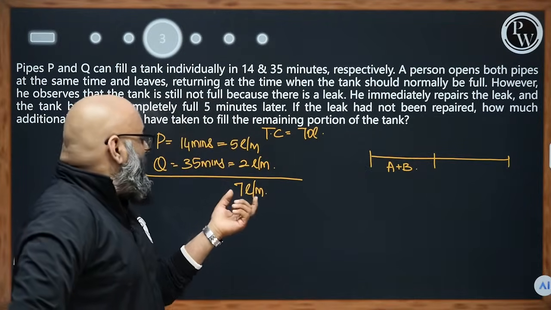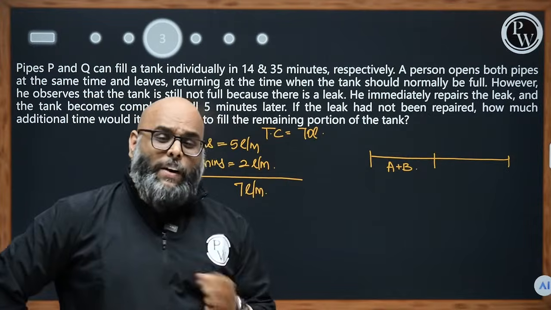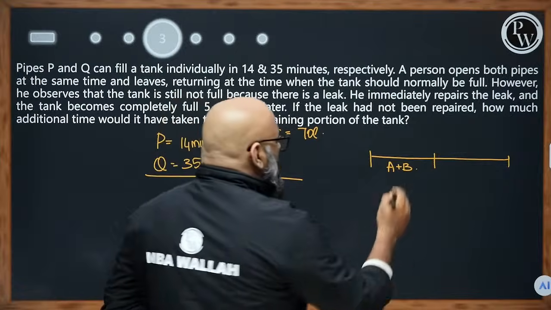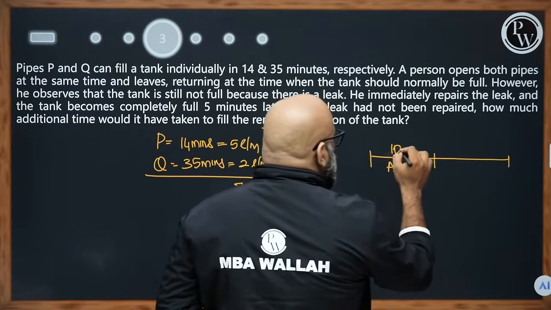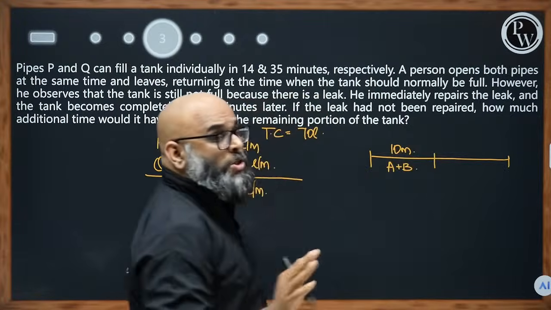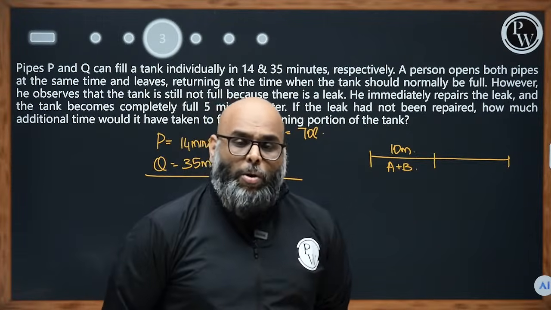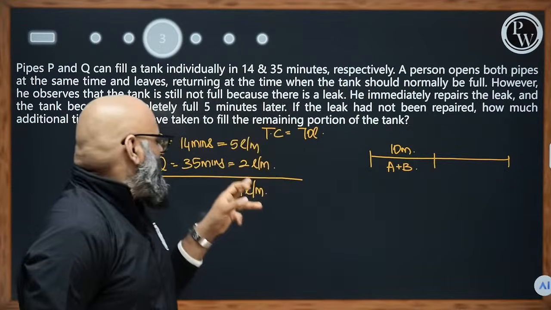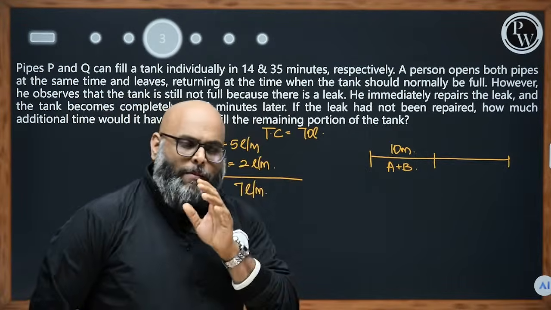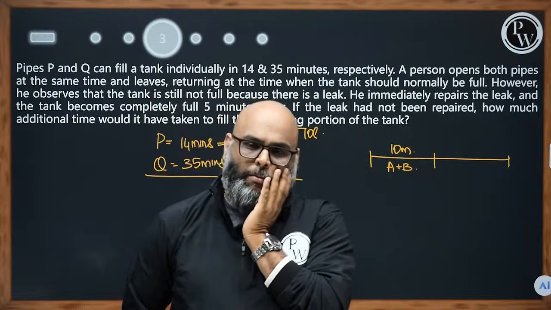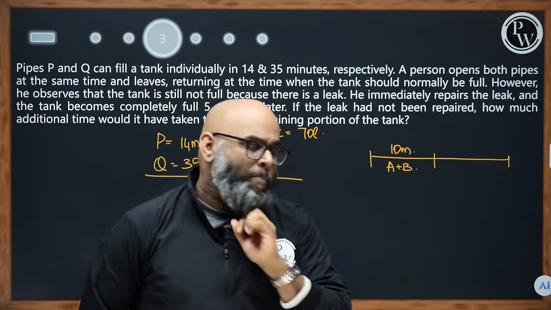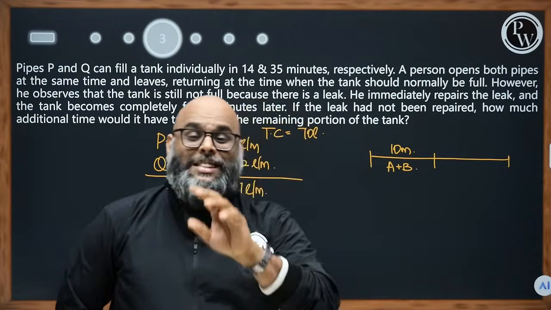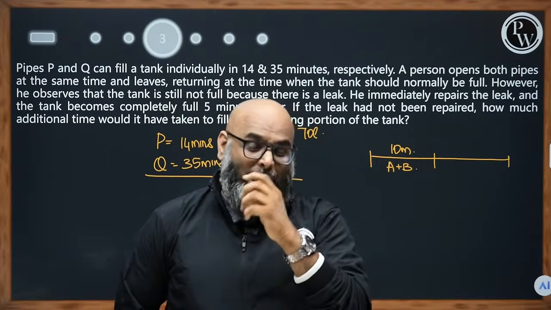So at 7 liters per minute, the tank would have been filled in 10 minutes, which means I know for a fact both of them have operated for 10 minutes. This part is evident. How do I know that? It comes back at a time when it is normally full. At 7 liters per minute, 70 liters would have been filled at exactly the 10th minute mark. But when he comes after 10 minutes, he realizes that there has been a leak that has been leaking